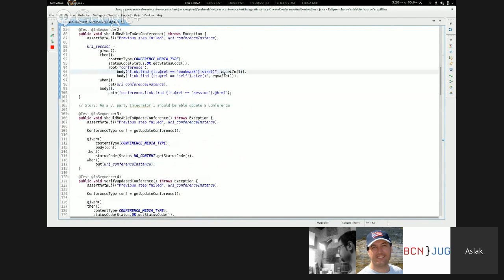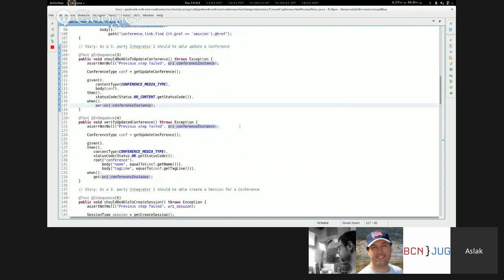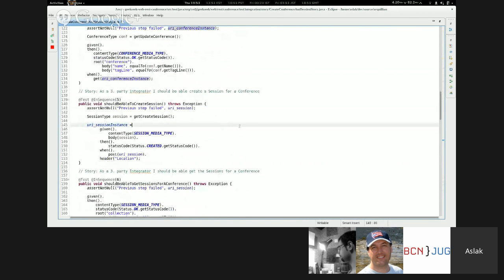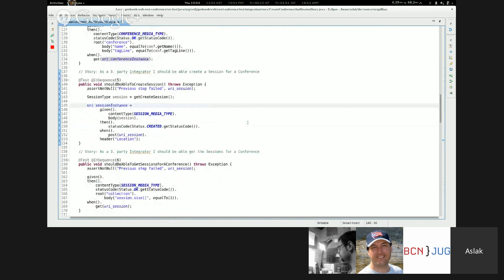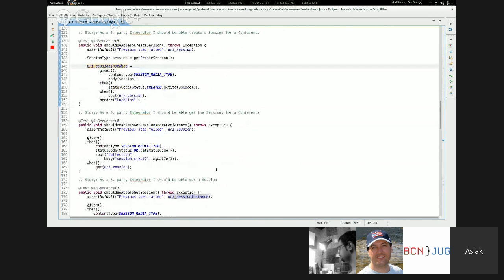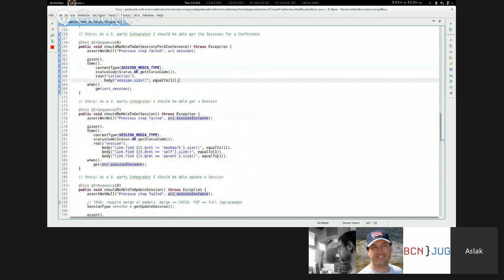And then we want to update the conference based on the same conference instance ID that was found previously. Then we want to verify that it's been updated. Then we want to add a session to it, and then we have a new URI to find, which is a session instance. So we want to do the same to a session instance. So we have a conference that has multiple sessions in this case,